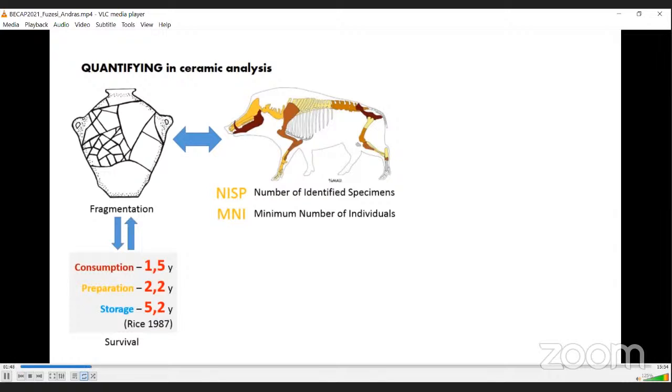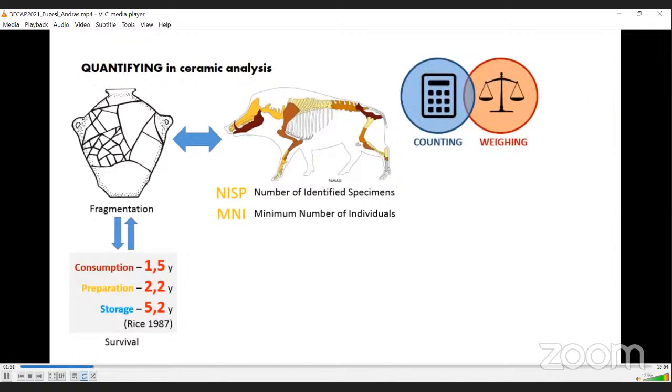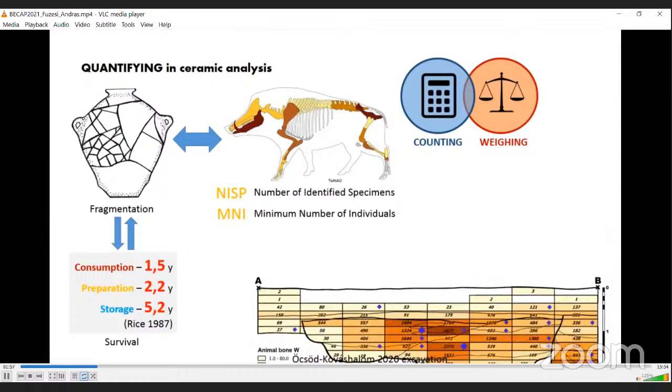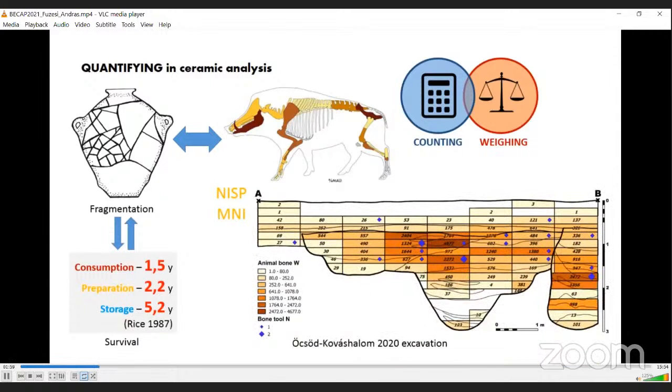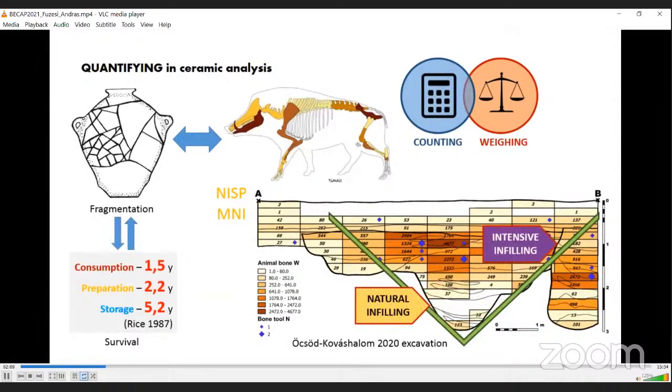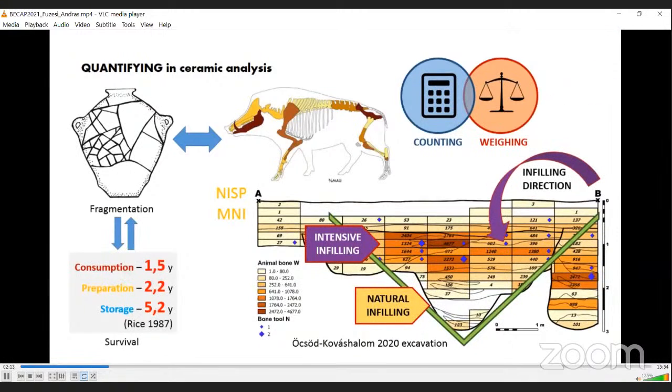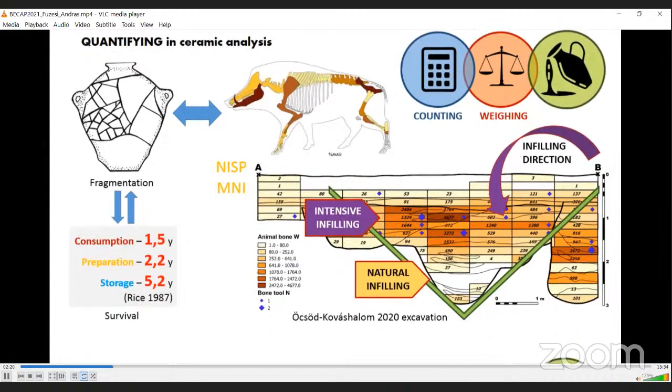For example, the number of fragments and total weight can be highly functional data. In the trench section excavated in Öcsöd-Kovásalom in the summer of 2020, we collected the find material at 20 centimeter levels per square meter. From frequency and weight, depositional phases and the direction of a large-scale landscaping event were reconstructed. In addition to this data, capacity can be another measurement after the definition and delineation of its possible